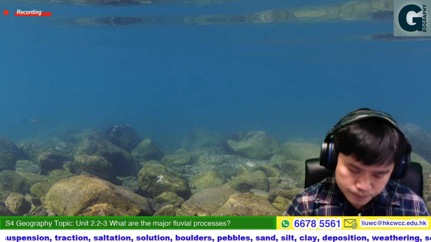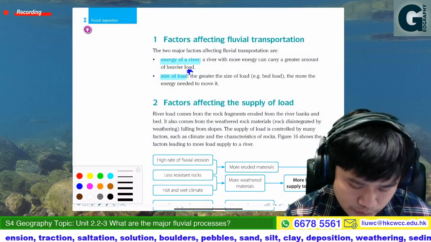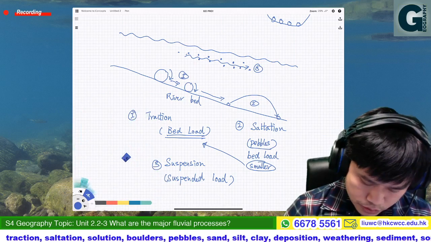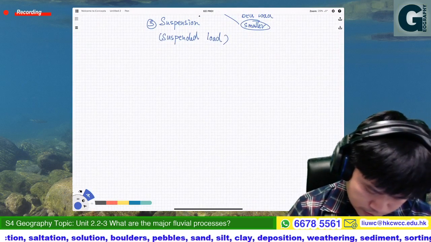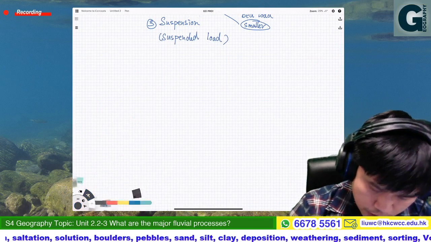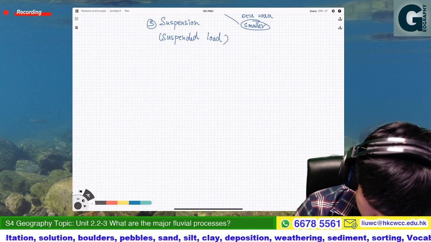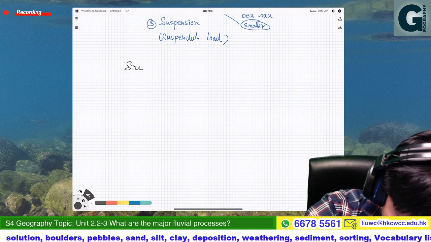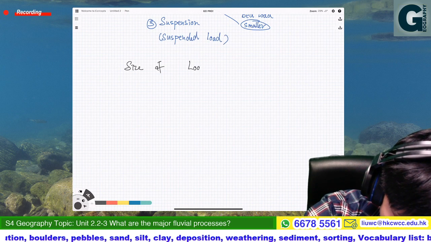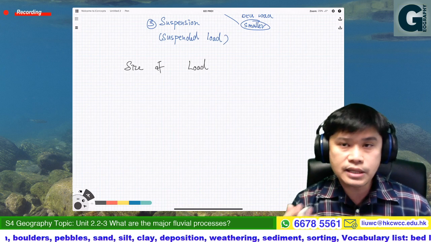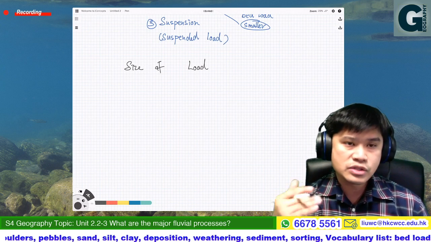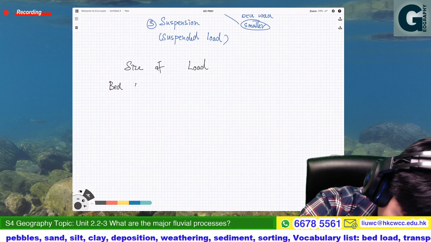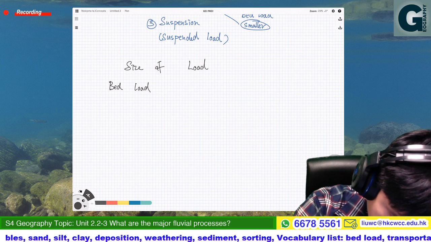Right now, I'm going to give you some extra information. Just now I said extra information, so you may mark this. This is about the size of load. Just now, we talked about the bed load and suspended load. From your textbook, the bed load, suspended load,